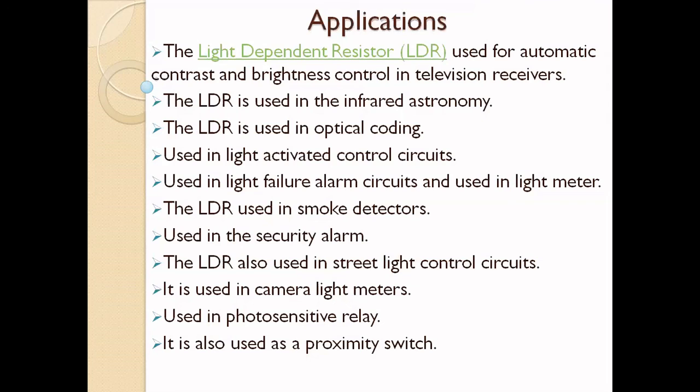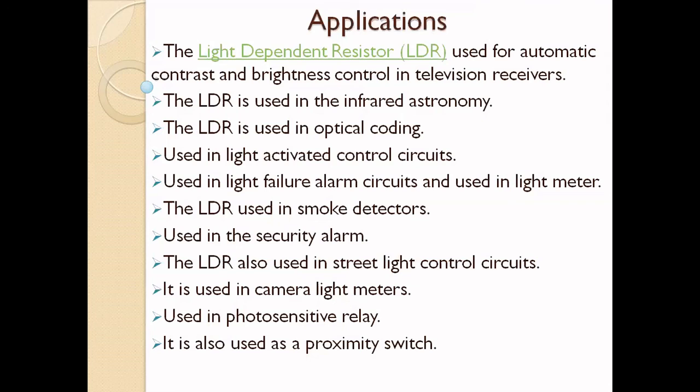Next, it is used in failure alarm circuits. If there is any failure, automatically the alarm circuits will turn on. It is used to detect smoke. It is used for security alarms. This is used in normal solar control lights. Next one is camera.